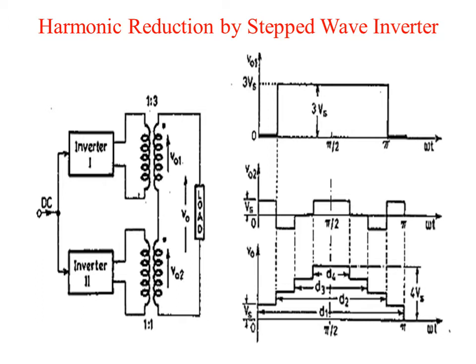By proper choice of these parameters, the third, fifth, and seventh harmonics can be eliminated or attenuated considerably and the fundamental component optimized. So note should be taken that it is the three-level modulation of the second inverter that helps in achieving the required wave stepping of the resultant output voltage waveform.